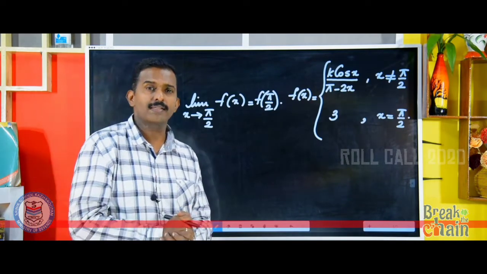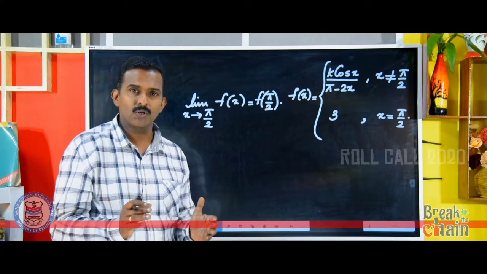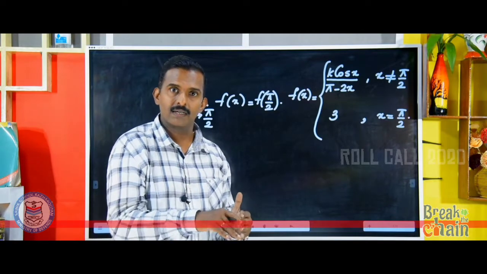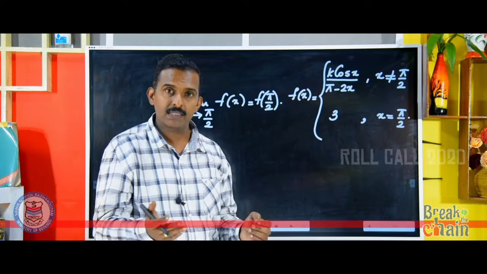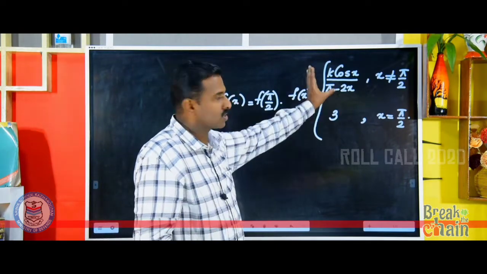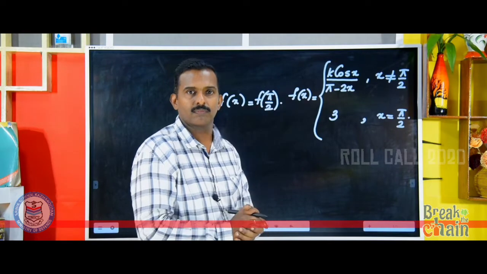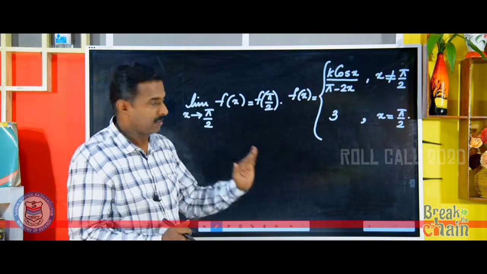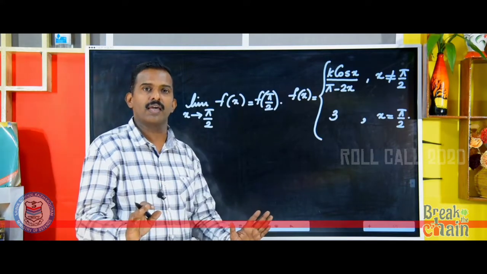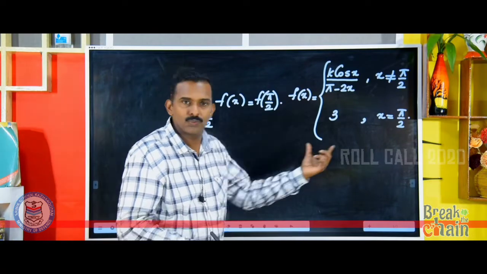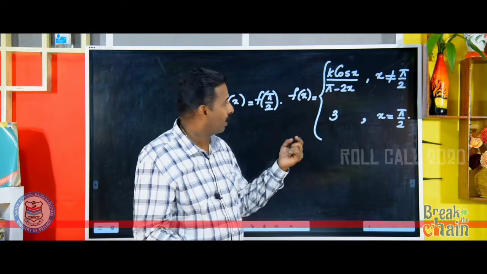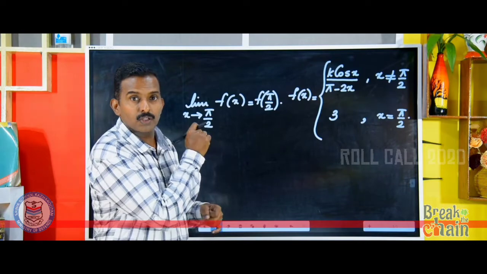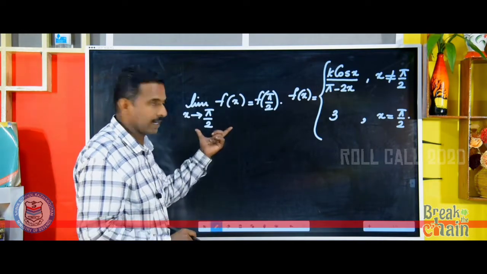And in this case, there is no LHL RHL because for x not equal to pi by 2 the function is defined in only one way, pi by 2 minus, less than pi by 2, pi by 2 plus, greater than pi by 2, all fall in k cos x by pi minus 2x. Therefore, this is the one that you should start with. This you should calculate, substitute, find the value of k. That is what you should do. F of pi by 2 is 3, because as x takes the value pi by 2, the function takes the value 3. Therefore, the calculation is more of a calculation on the left hand side. We will calculate this side.